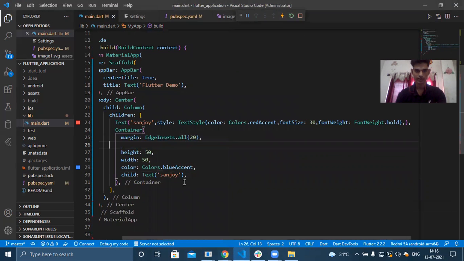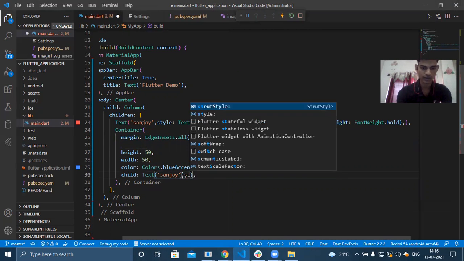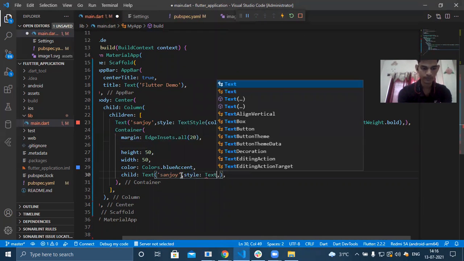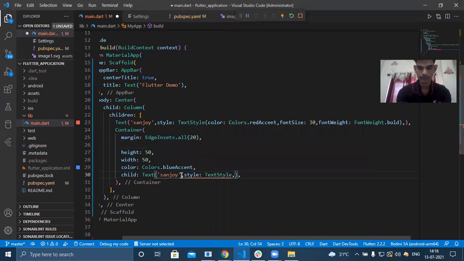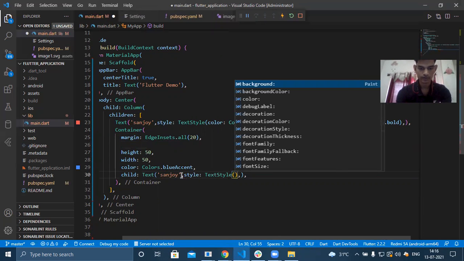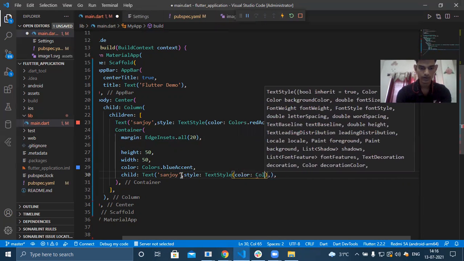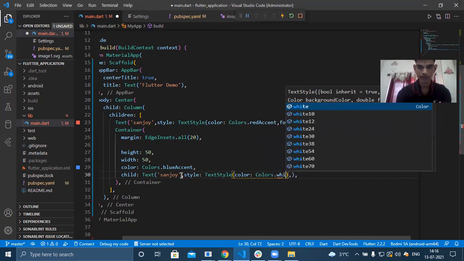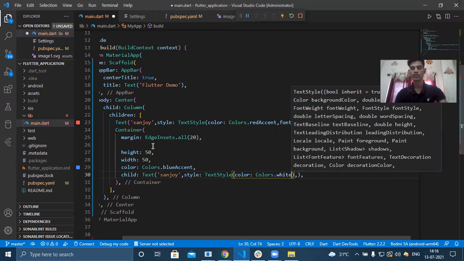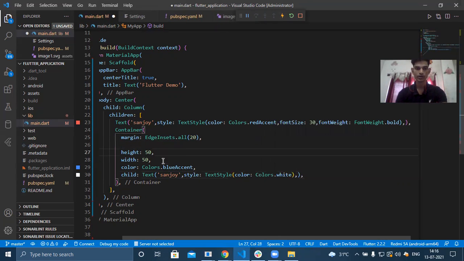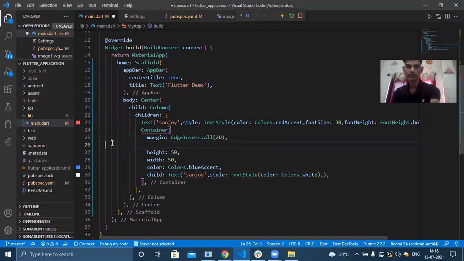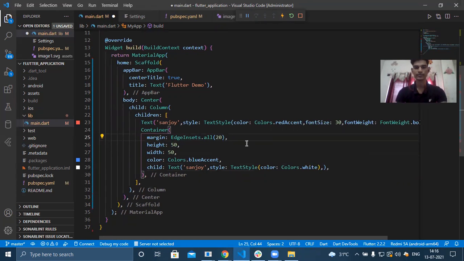I'm going to set the text color as white, Colors.white. These are the most commonly used attributes. So friends, you have to remember all of these things, and you can remember them by practice. At first it will look like you can't remember all of it, but whenever you practice, you can easily remember.